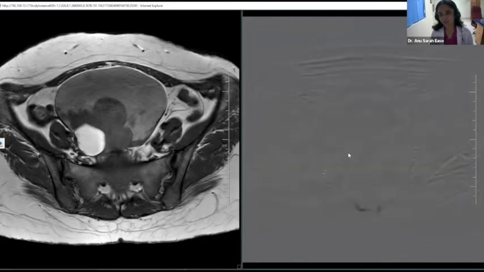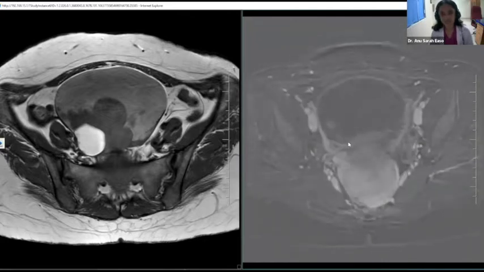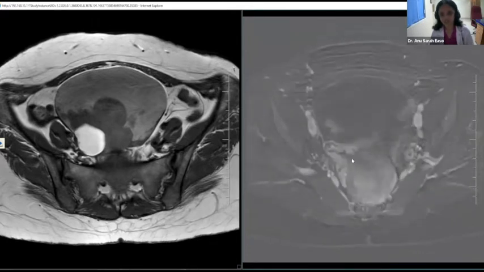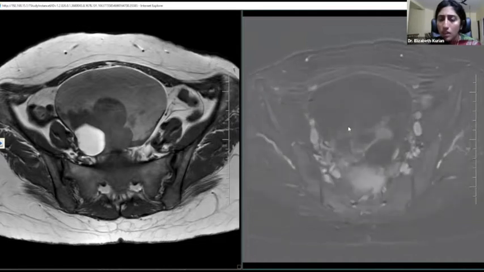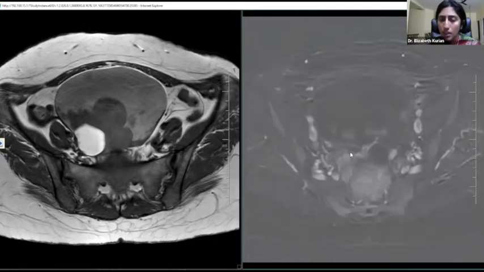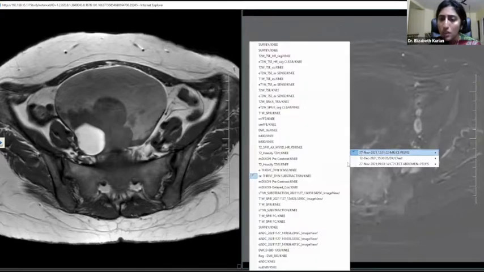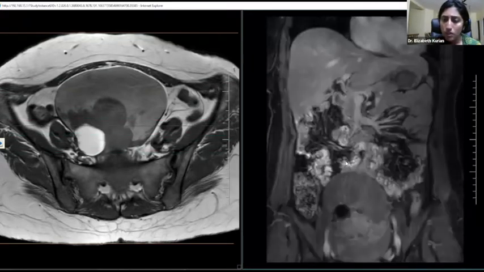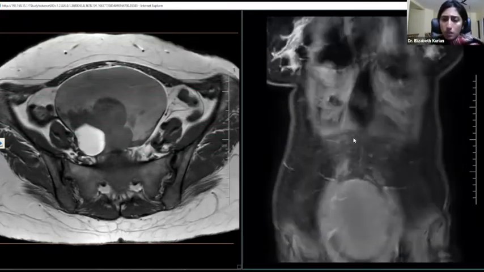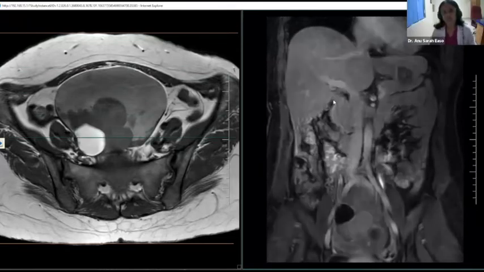Okay. But I'm not able to retrieve the dynamic curves of this patient, but we can compare with the myometrium and see. So how will you compare with the myometrium? In the 30 to 40 second scan, we compare with the myometrium. If the enhancement is less than the myometrium, we classify it as O-RADS 4. And if it's more than the myometrium, we classify it as O-RADS 5. Yes. So this dynamic enhancement helps us to characterize the lesion.